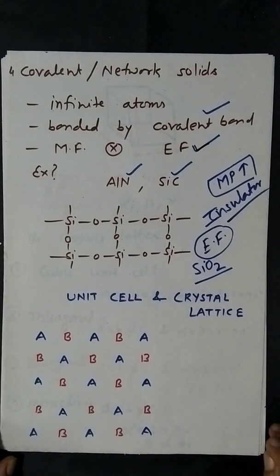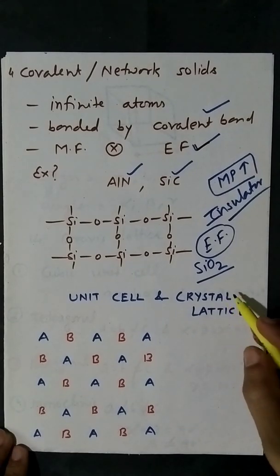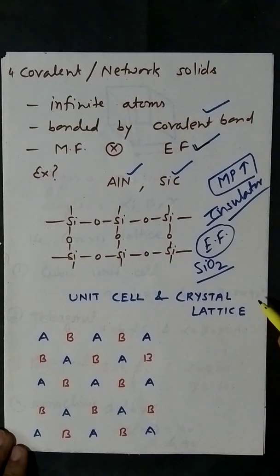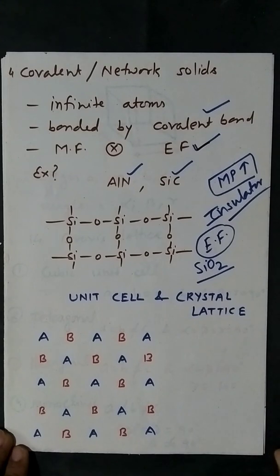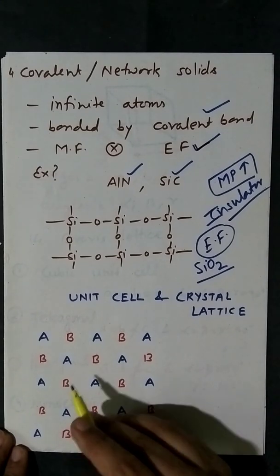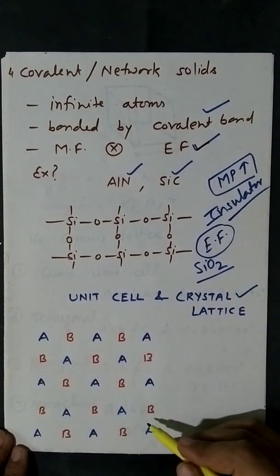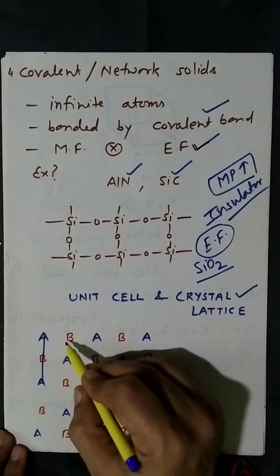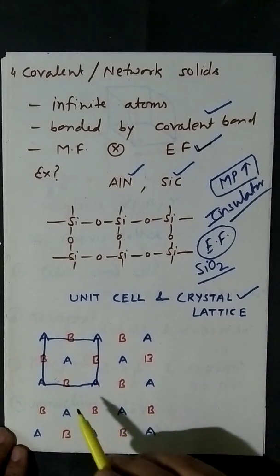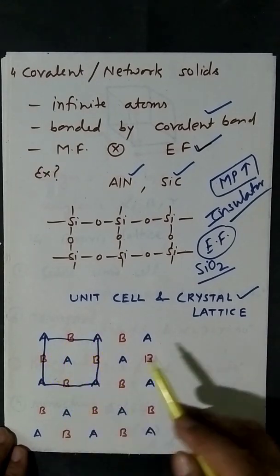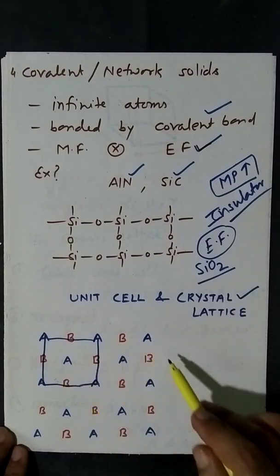Next point is unit cell and crystal lattice. Now crystal means it is regular, lattice means arrangement. We already discussed crystalline solids. They have regular three-dimensional arrangement of particles, and this regular three-dimensional arrangement of particles is known as crystal lattice. In this complete crystal lattice, look here, if I enclose this particular part, there is some speciality of this enclosed part. If I repeat the same part again and again on the left side, right side, above it, below it, then it will convert into the complete crystal.